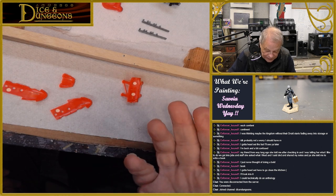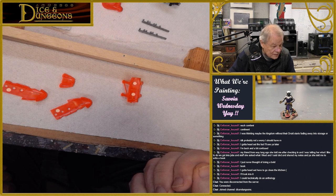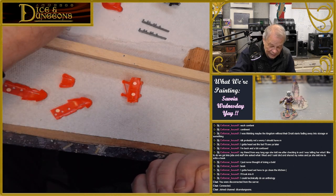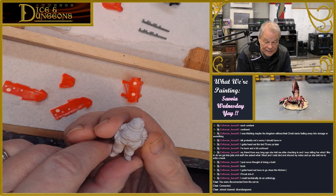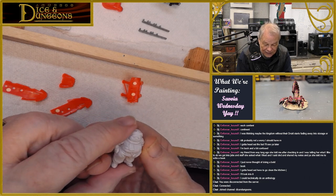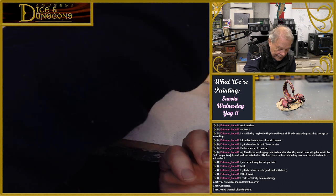Now, I'm going to be doing a few things. It's not going to take a whole lot of time today, and so I'm going to maybe go on and do some other things. I might paint. This comes with a Porco Rosso that sits inside the plane, but there's also a stand-up minifig